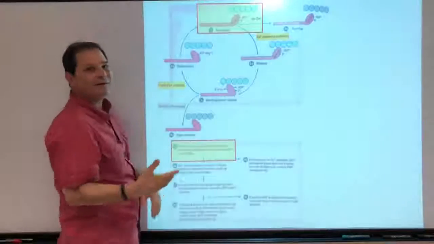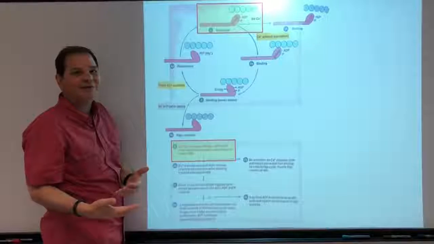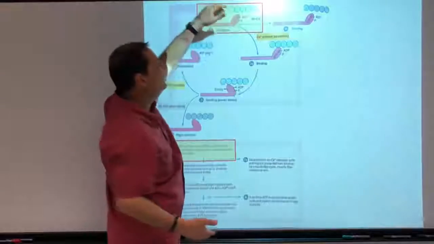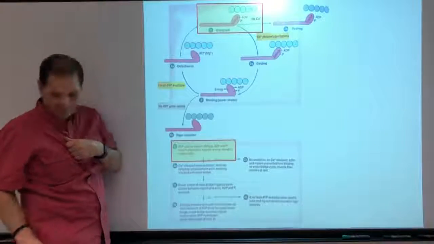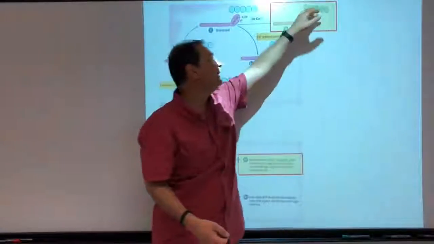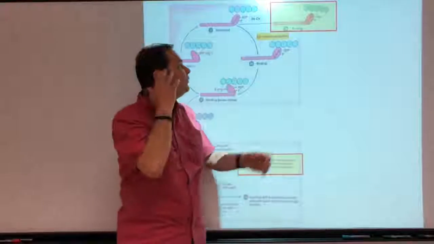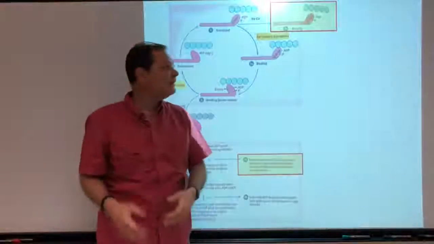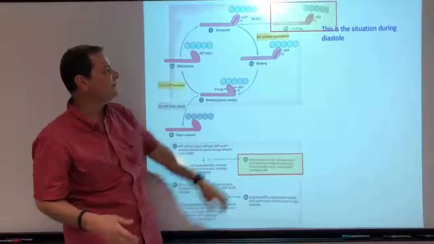And if there's no calcium, then the tropomyosin is covering the myosin binding sites on actin, and the myosin head can't interact with the actin, okay? So with no calcium, this is where you sit. Your myosin head is cocked and ready to go, but it can't go because it can't bind to the actin. The tropomyosin's in the way. So we call this the resting state of the muscle. It's the state that the muscle is in during